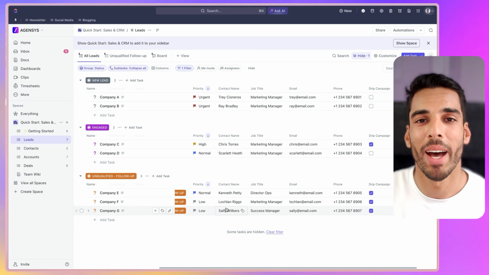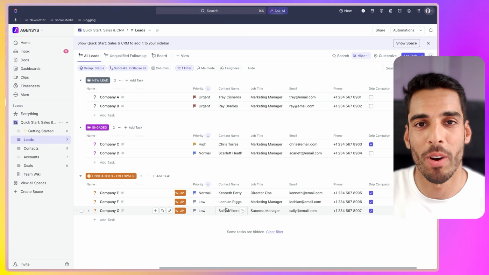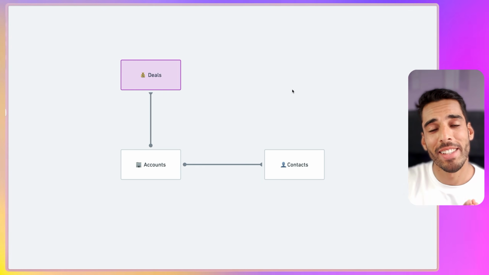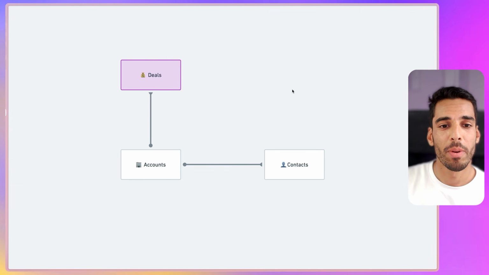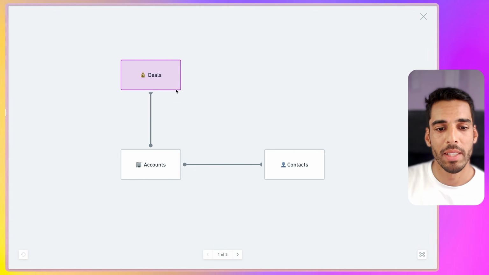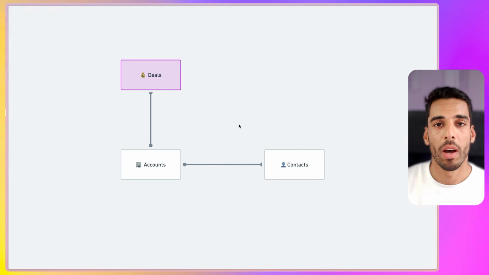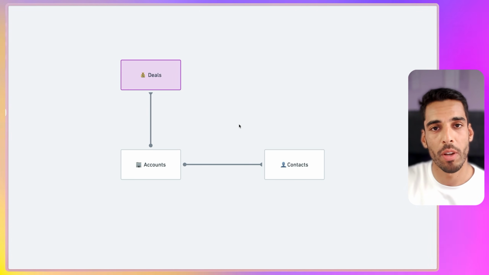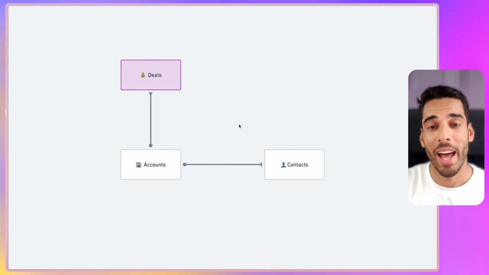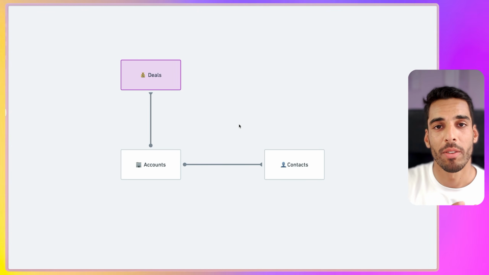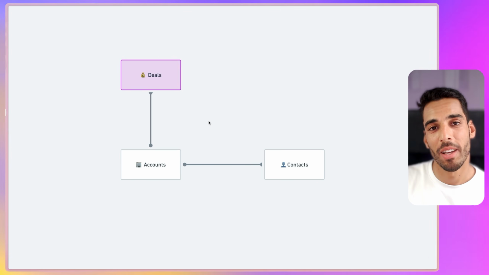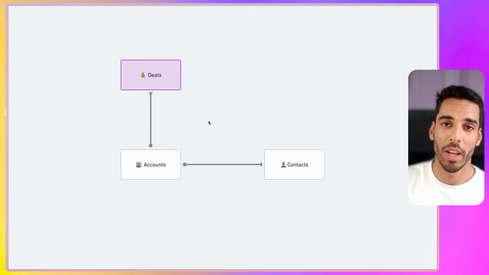Let's dive right in by understanding how a CRM works. So if I get to my presentation here, a CRM is fairly simple. It's built out of 3 main components: deals, accounts, and contacts. A deal is something that you sell to a client. If you're an agency, it could be a website design project, it could be a software design project, it could be an ads campaign management. Anything that you sell to a client is a deal. Now, your client is called an account here. An account is basically a company or an organization to which you provide a service. It could be a large, small, mid-tier account.